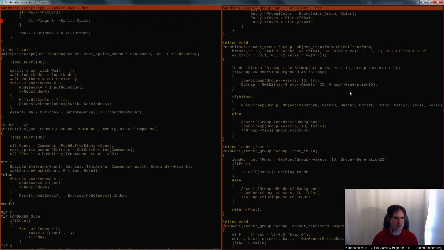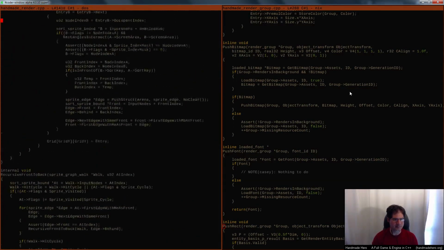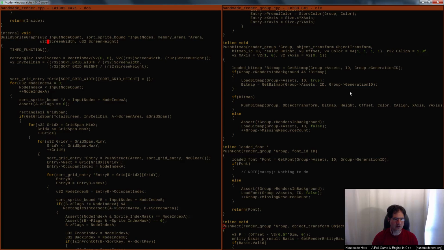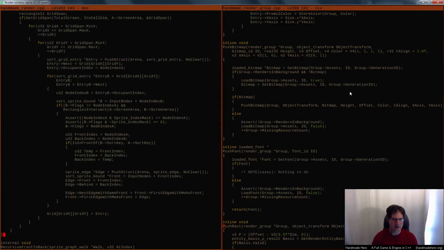All right, so when we do the sprite graph here, this is the code for build sprite graph. Obviously, it goes through and it does all the grid checking. And at this point, after all the grid checking is done, we have edges between all of the nodes that we know we want edges between, right? But now what I need to do is add some additional edges that force sorts in a particular order. And so, I guess the question is,